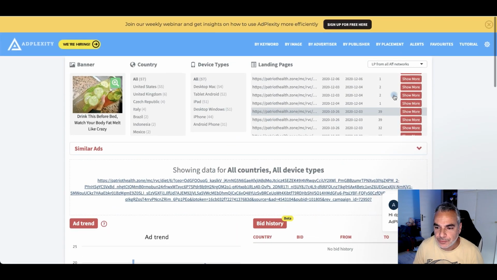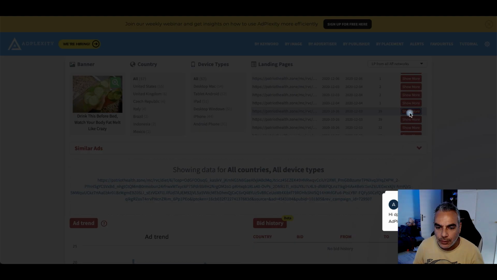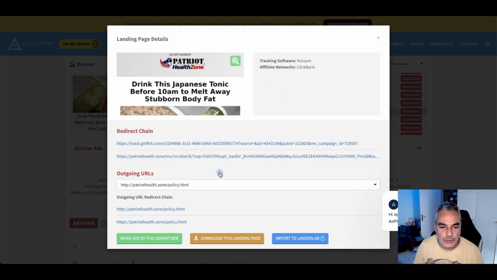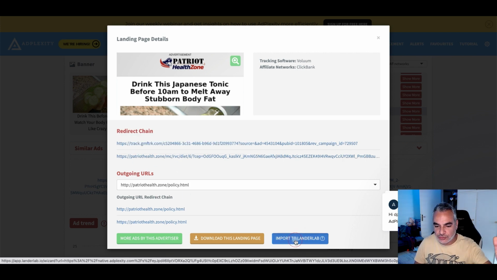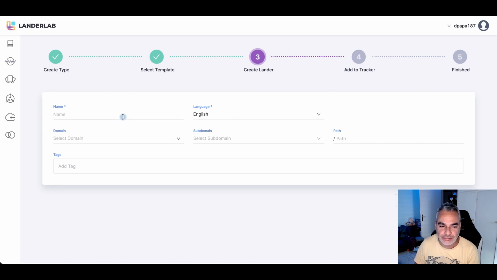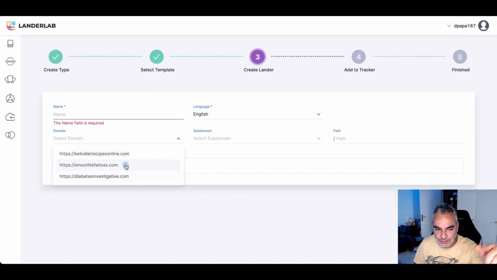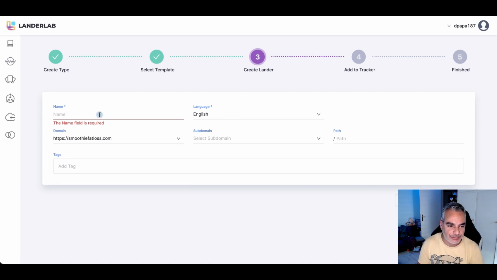And one more thing, let me show more. Once I do the show more, it shows you where they're being redirected. And then all I can do to get this is to basically import this into my Lander Lab account, okay? And it's really simple. Right now I've got my other campaigns on there, but let's say I'm using this one, so I'll put Okinawa 2, blah blah blah, next, and then really simply I just